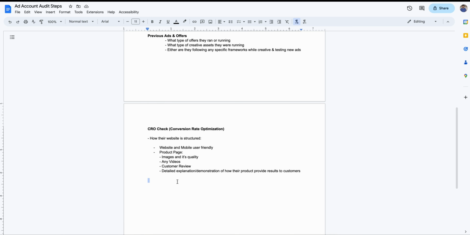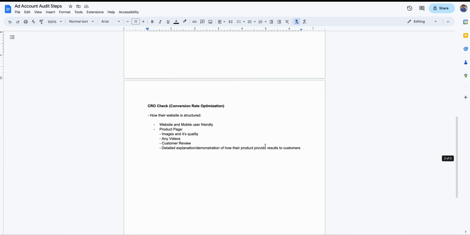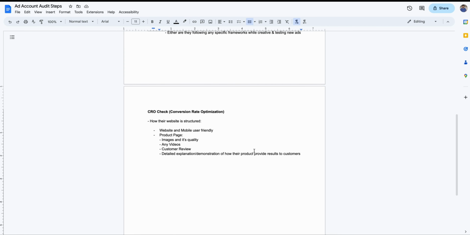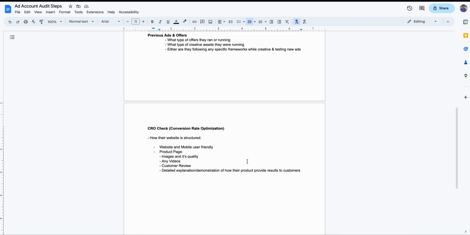This is a really critical part. CRO is really important, and I would normally go with the framework of keeping check of everything on the product detail page, and I will see if they have actual customers who are buying their product, because if I believe a product or offer cannot add value to customers' lives, I wouldn't focus on working with them at all. Even after doing the audit for any client, I will just ask them,